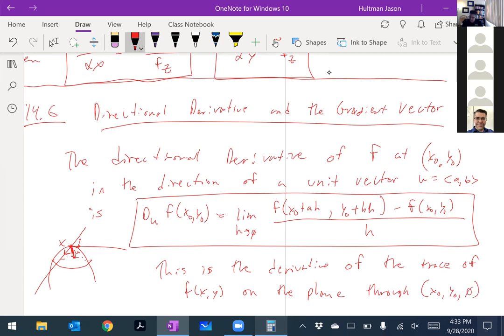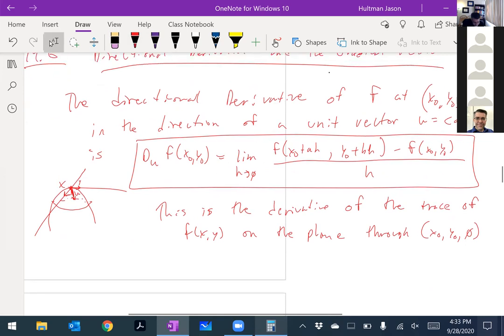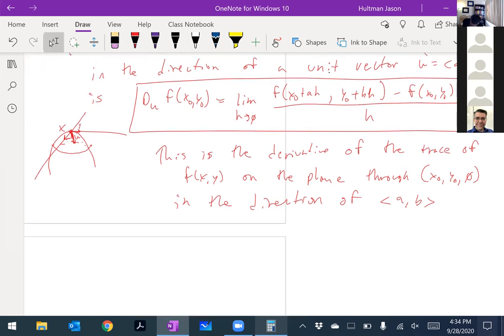It's the trace of f of xy on the plane through this point, in the direction of AB. In that direction, and it can be expressed as